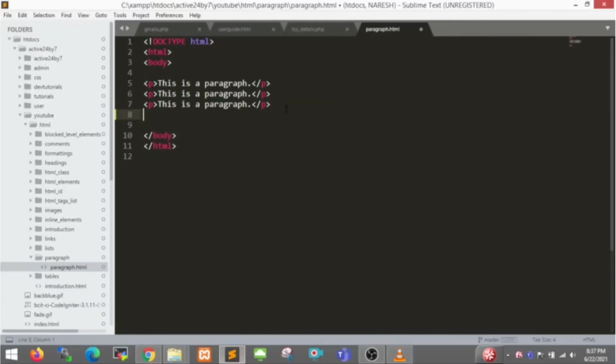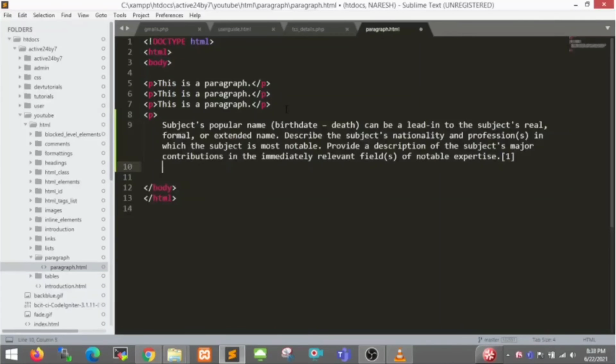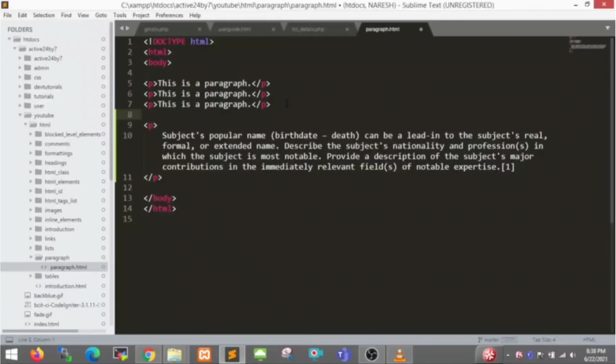Then I open the p tag here, and here I paste my content. After that I close my p tag. Here we have the person's birthday and death, something like that. Some title, if you want to give some heading, then you write the heading tag. This is some subject I gave as heading, and close the h1 tag,